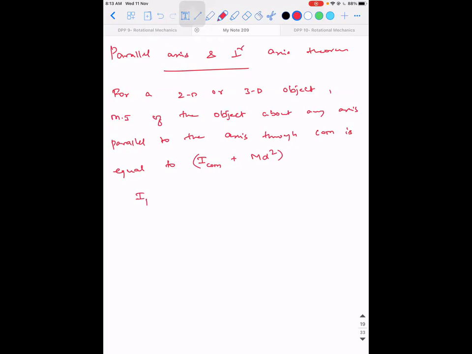So the moment of inertia about any axis P is equal to the moment of inertia about the center of mass plus m into d square, where m is the mass of the whole object,